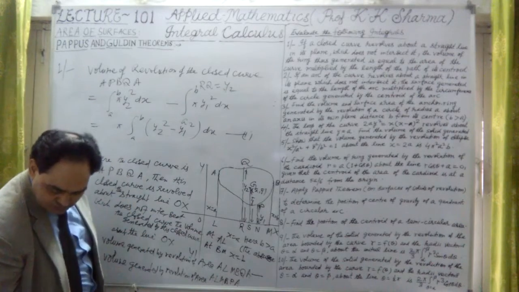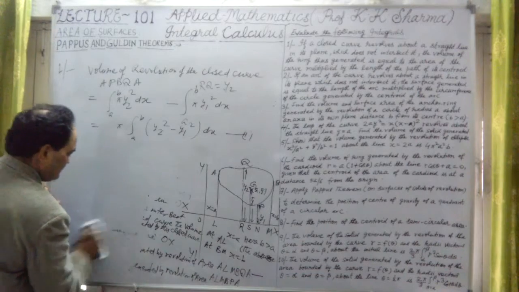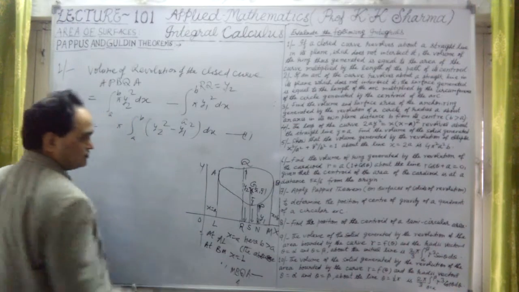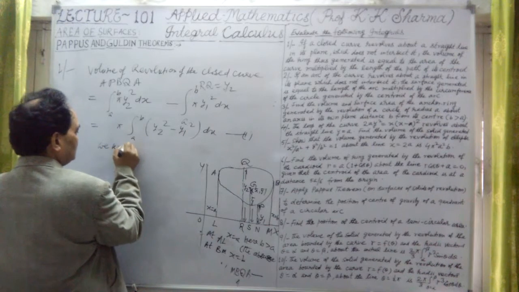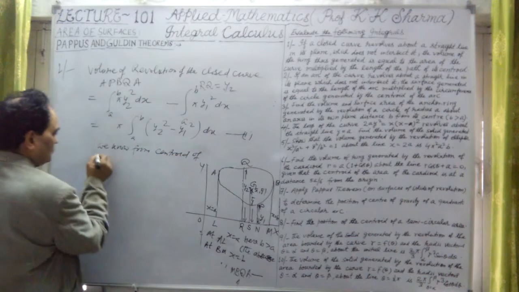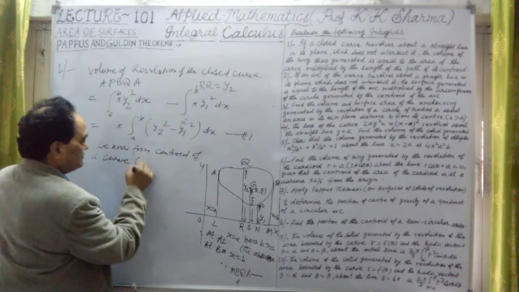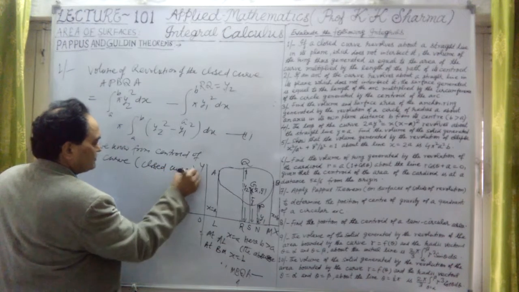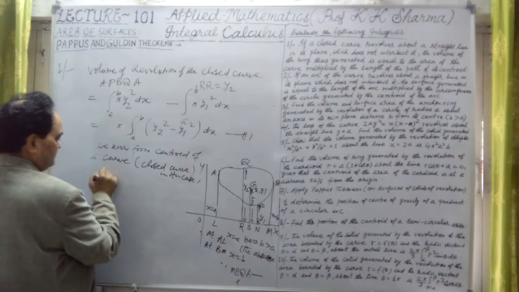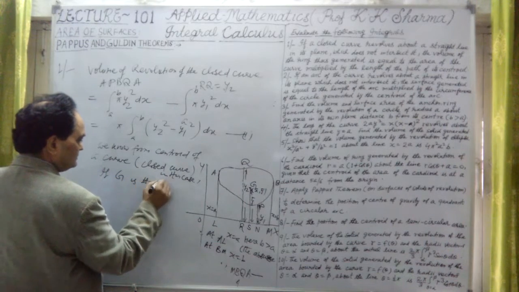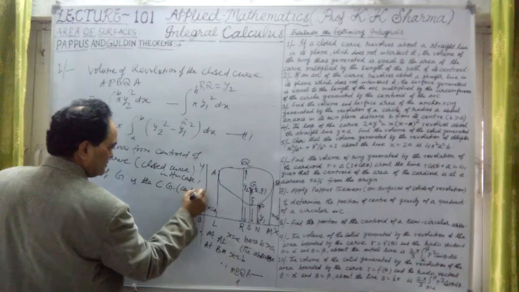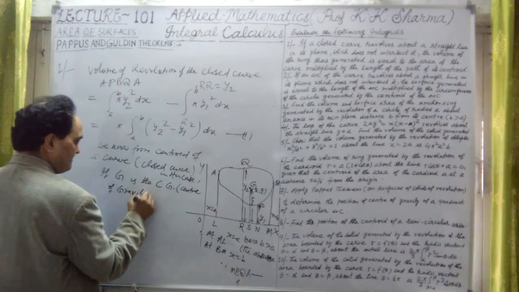Okay, now what is the centroid of a closed curve here? Now if y bar is the centroid, we know from the centroid of a curve, or closed curve in this case, closed area, if G is the center of gravity of this closed curve,